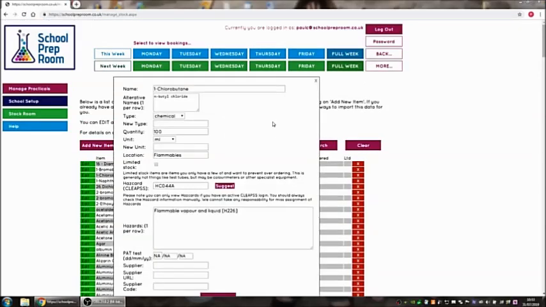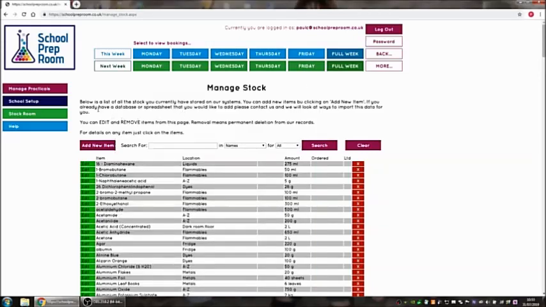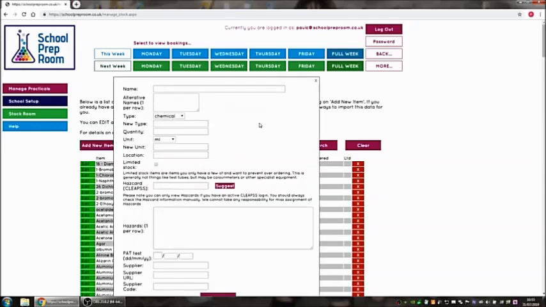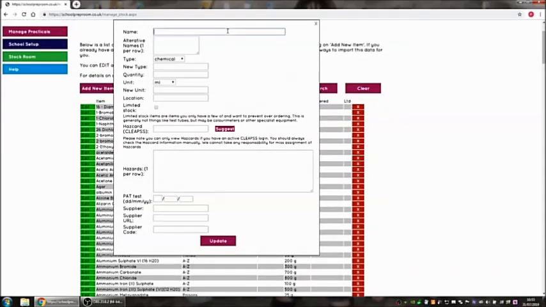So let's see how a new chemical can be added to the database. In order to add something to the database, we need to click on the New Item button on the top left hand side, and we're presented then with a form to fill in. So in this case, I'm going to imagine I've ordered some toluene,